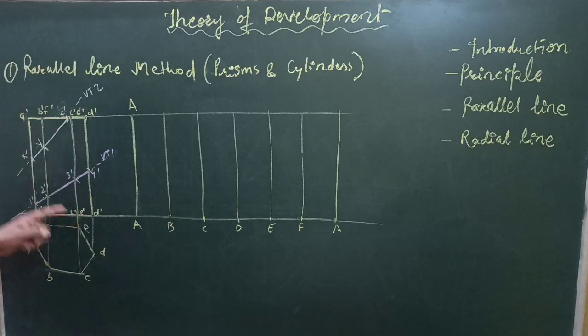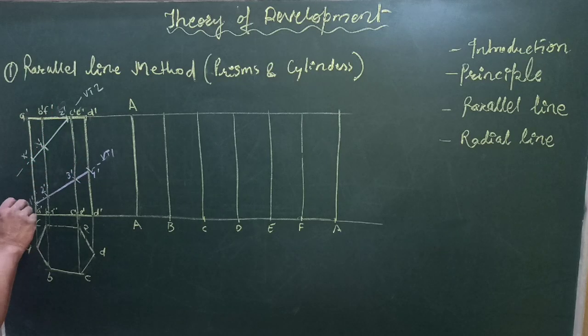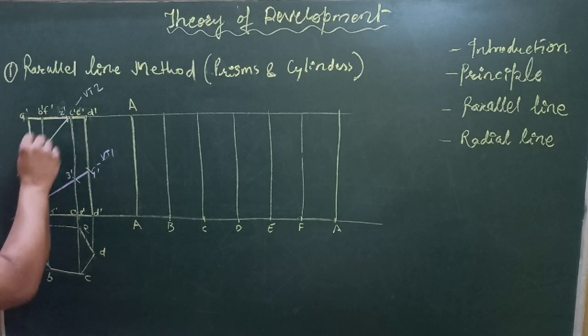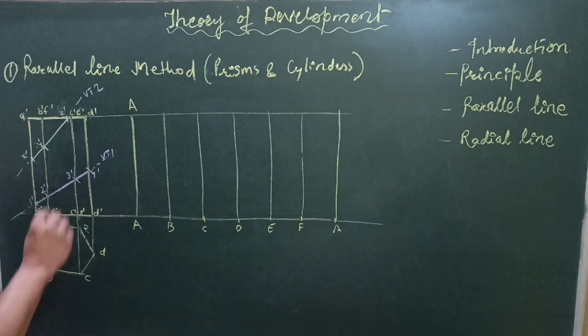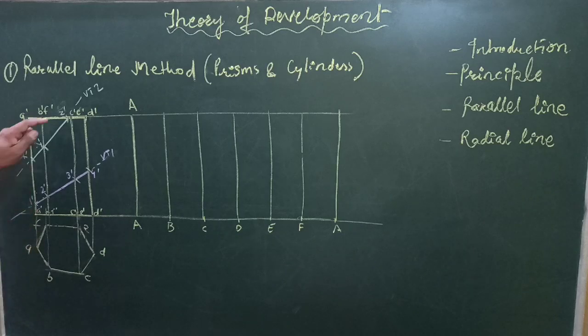So here we have taken one example. Here is a hexagonal prism which has been cut by two cutting planes like this. The data may be given in the problem, such as the angle of the first plane and where on the axis it is passing, or this second plane. Why have I taken this plane also? Because I want to have one case where the cutting plane cuts the upper face or lower base.